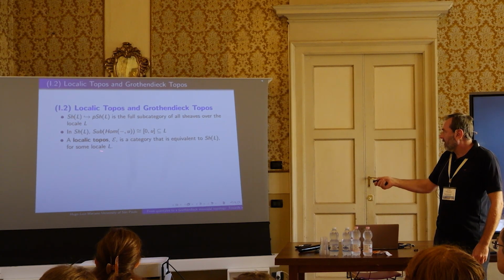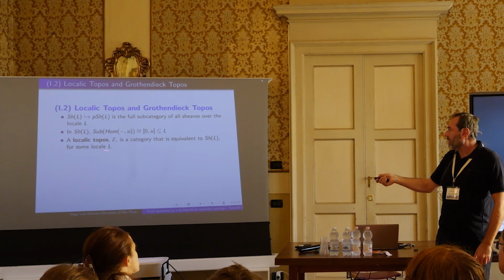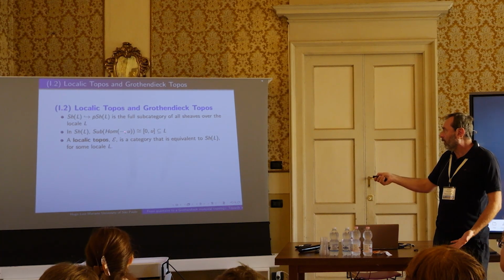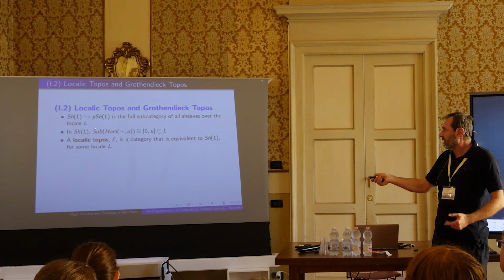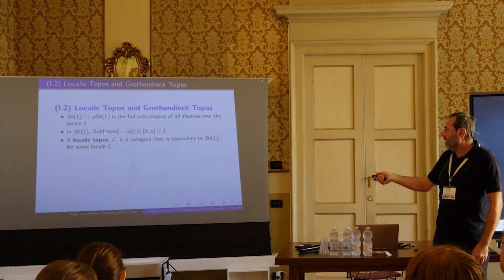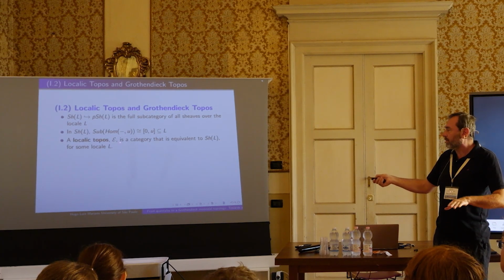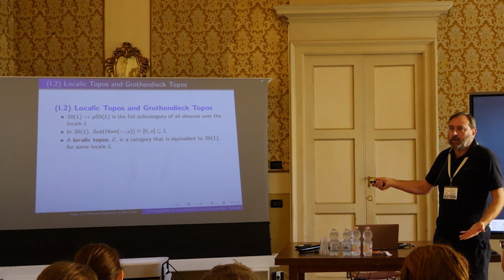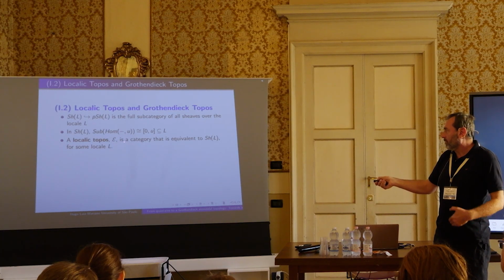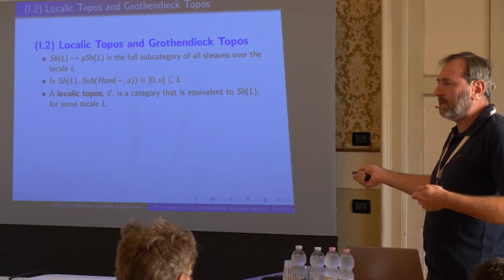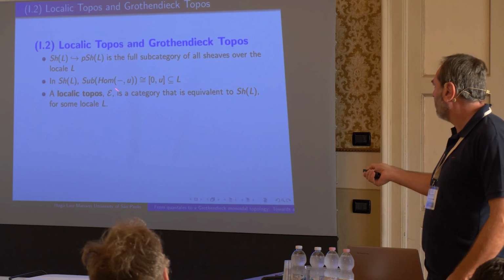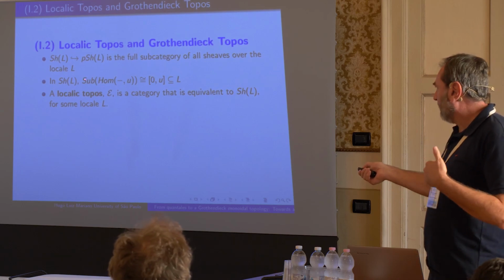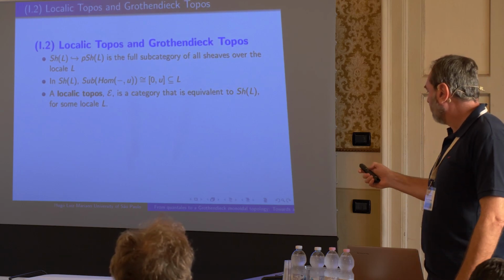So, in particular, the subobjects of a hom functor, that's a sheaf, are represented by these initial intervals, and a localic topos is a Grothendieck topos where the subobjects of the terminal object generate the topos,